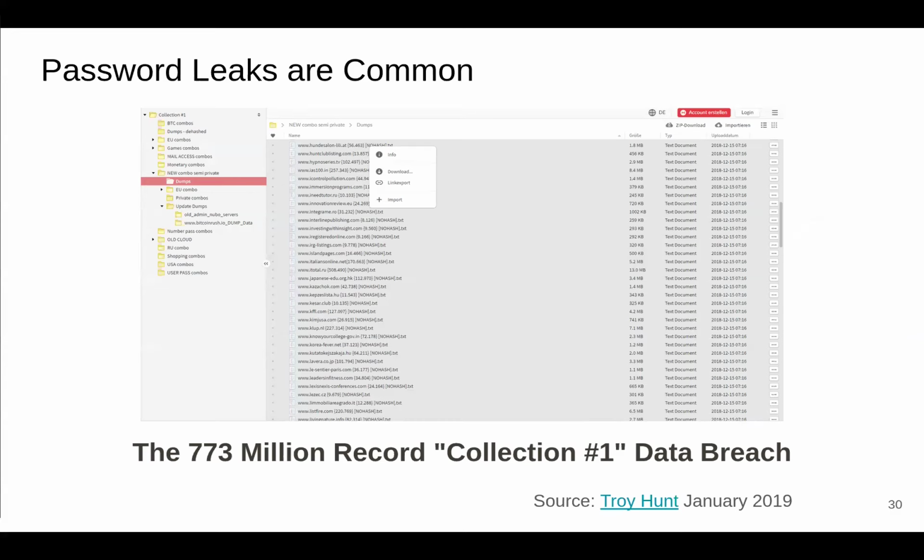In this example, we have the Collection number 1 data breach with close to 800 million records of usernames and passwords, a fairly extensive record of accounts that have been compromised, collected across several data breaches at different companies. These are usually extensive data collections.